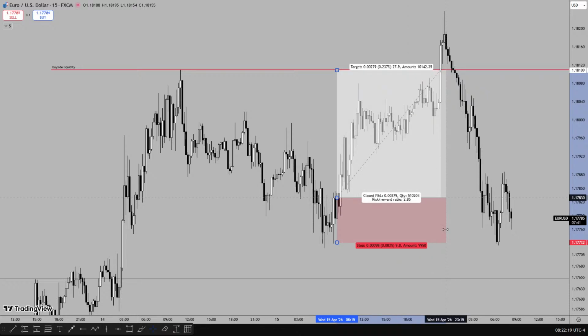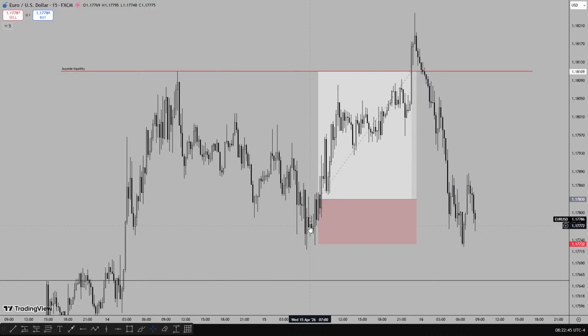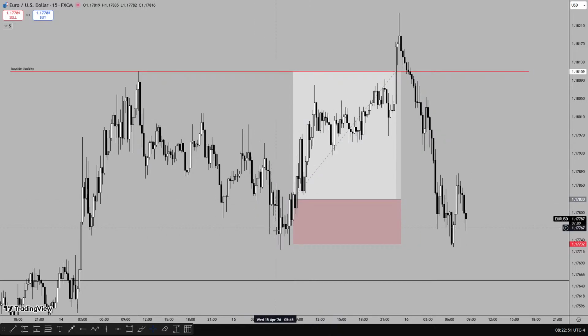Now, before price actually traded to the buy side liquidity, for those that have gone through the lecture, notice that I talked about an aggressive entry. That was the first entry I was talking about. There was an aggressive entry below, I think it was below here, and the stop was at the swing low. I told you guys that I'm anticipating higher prices, but I'm not saying what I'm actually looking for on the dollar index. But on Euro USD, the 1 hour trend is already anticipating a continuation in running the buy side